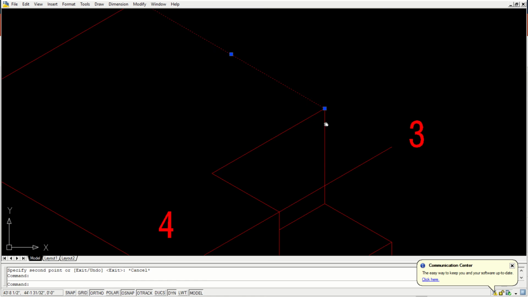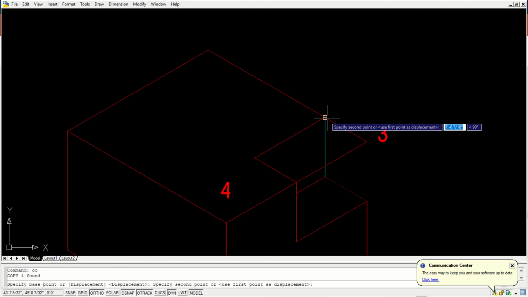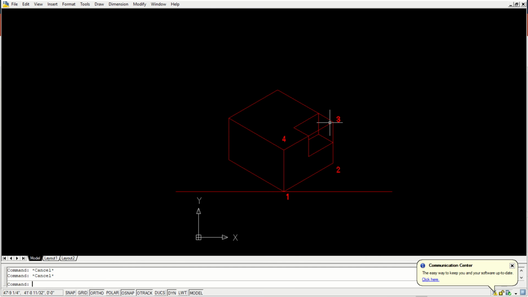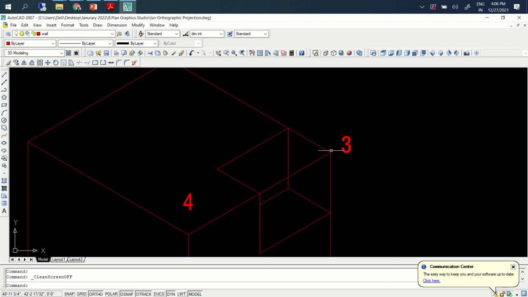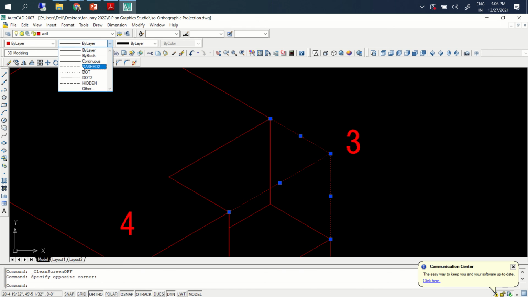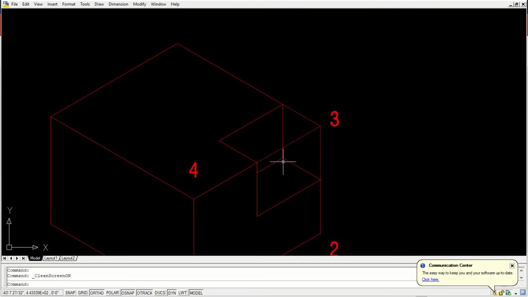Okay, that's why we should not use erasers. Okay, what I'm going to do is I'm just reconstructing all this and putting it in hidden lines. Please don't erase any lines. All these lines are useful and required for construction.